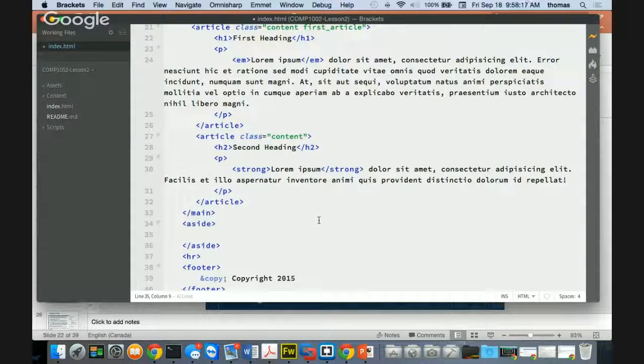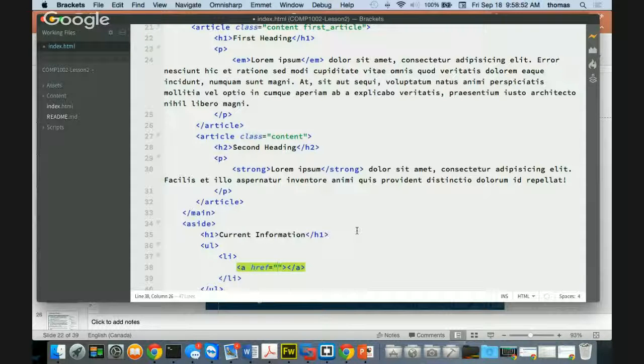And inside my aside, I want to put an H1 tag as an example with current information, whatever the information is that makes sense on the aside. And maybe with some kind of bulleted list of information, right? So maybe another unordered list with some list items. I'm going to do the long way now. So a list item, right? And inside my list item, I have an anchor tag. Let me just do this for a second so you can see what I'm talking about. I have an anchor tag,